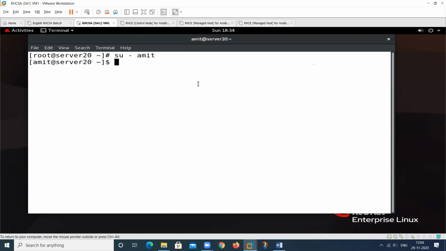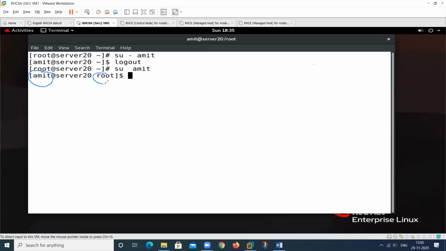Suppose I log out here, this is the command to log out, and I want to log in as this user. So use this one also. So this is also working. So this user logs in now.